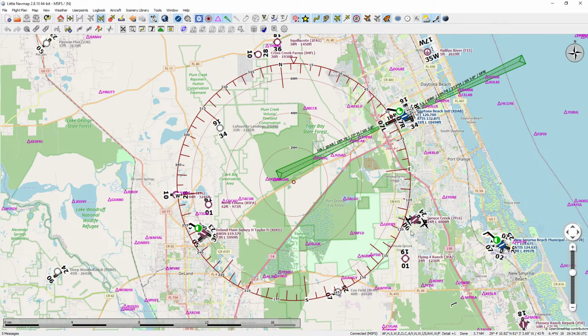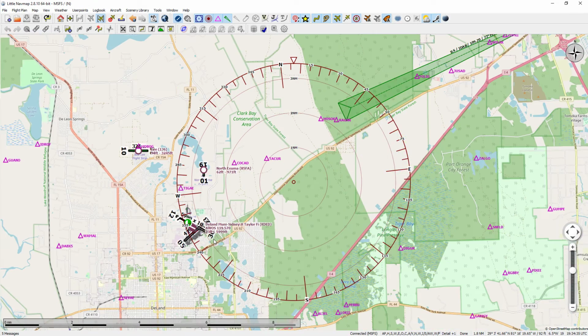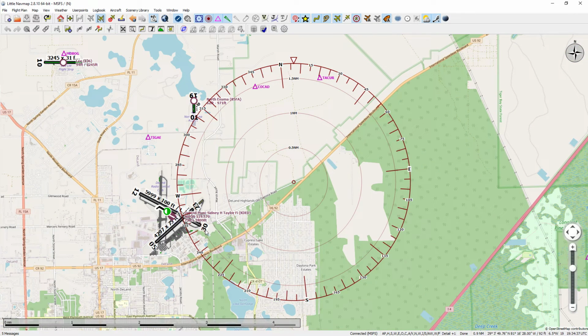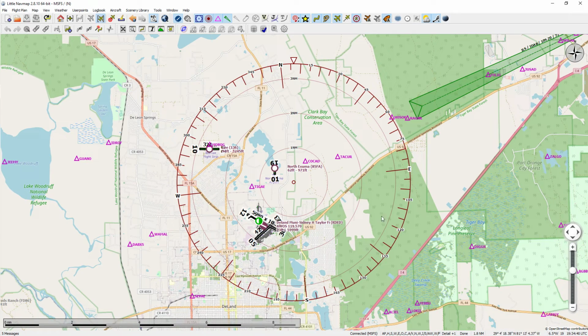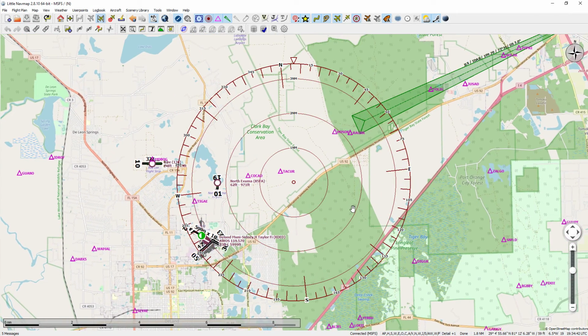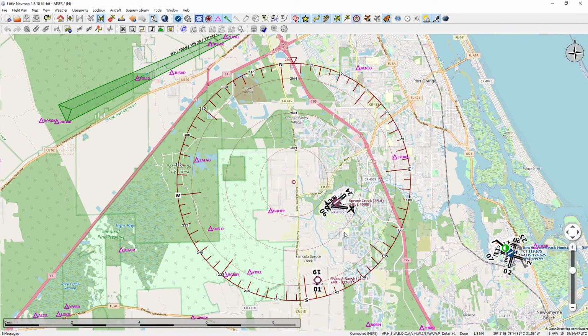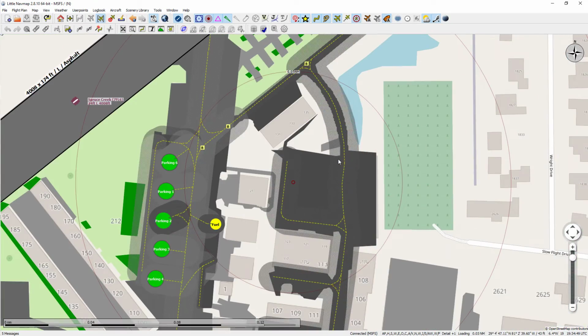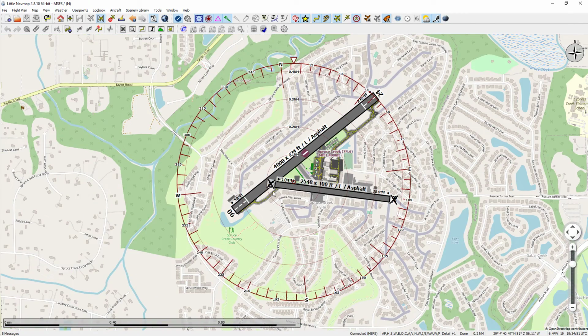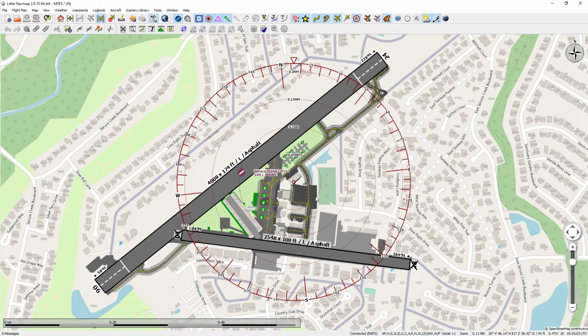So what I'm going to do is look at the weather here. It's blowing in this direction, so I'm going to see if I pick runway 30 if I'll get that when I import this plan into Microsoft Flight Sim. So I'm going to scroll over here to Spruce Creek, and I'm going to zoom in, and you can see this runway looks like it's not in use. It's got X's on it. So this one is, and the wind's more or less blowing in that direction. So I'm going to select runway 24 for departure,